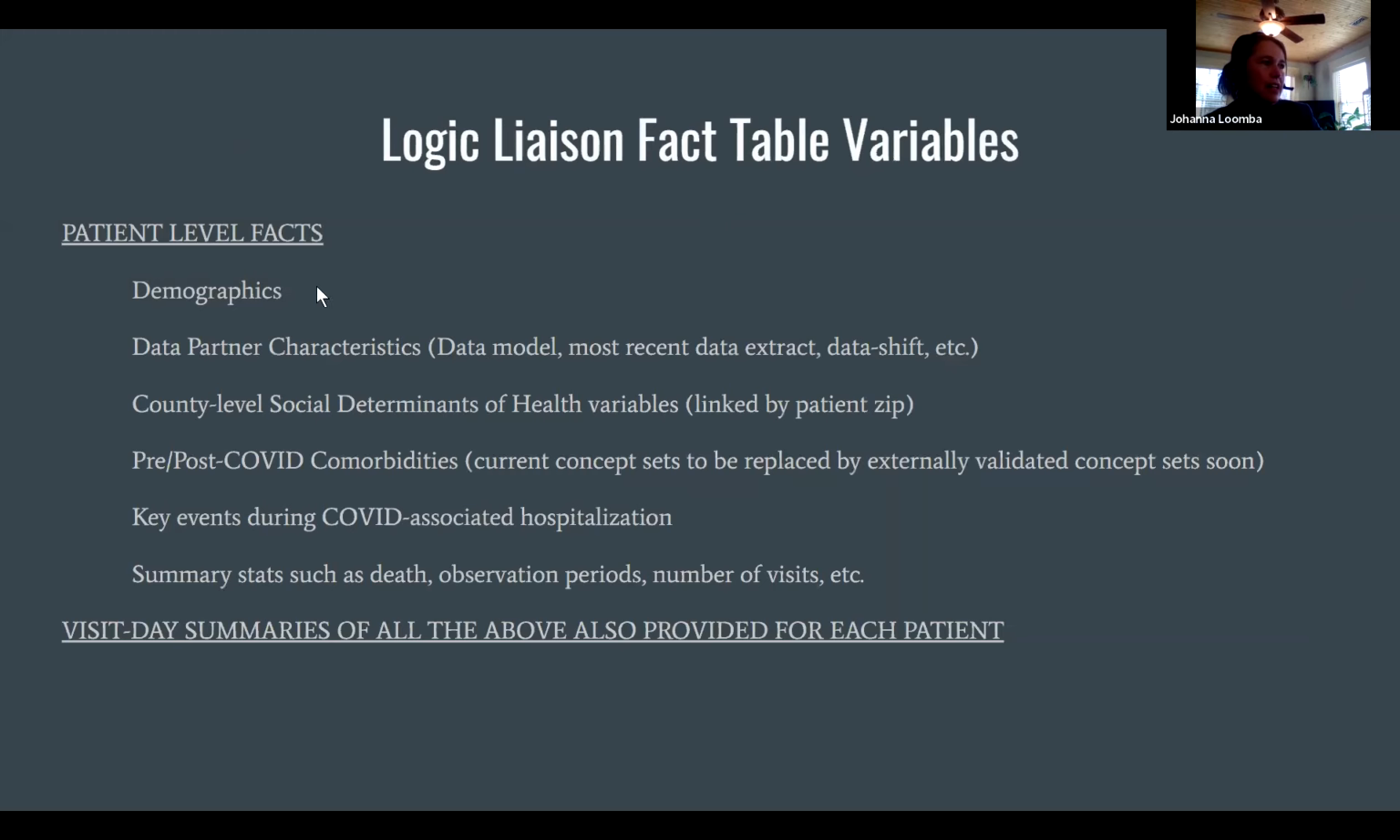So again, a high-level introduction to what our fact tables contain. We have over 100 variables that are generated by these templates, and you can use a template or just the table that results from that template. We have demographics about the patients pulled in. We have data partner